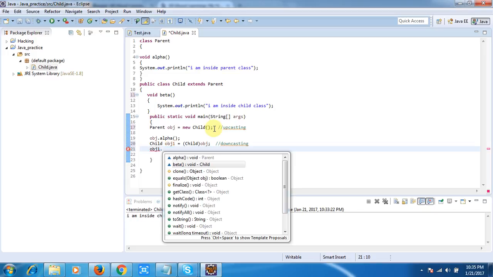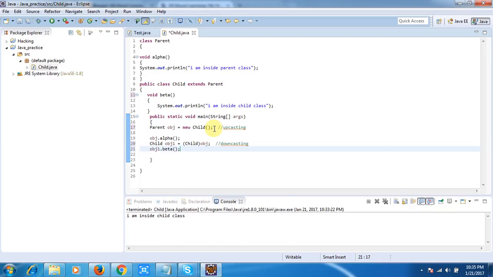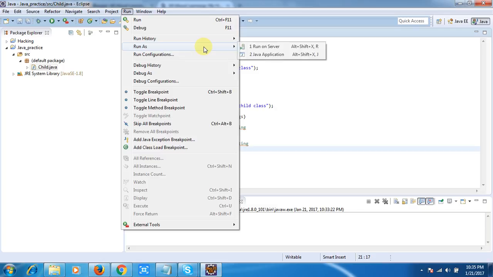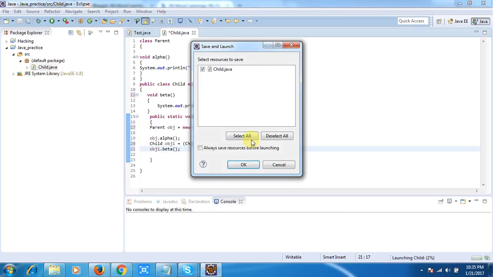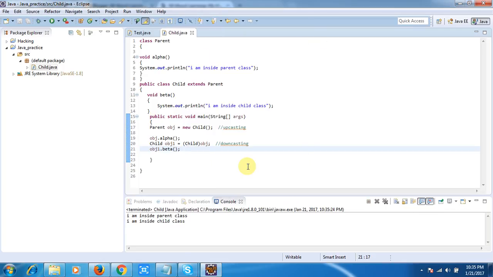Let me run this program and you will see the output. Let me do one more thing. I have to write it after this line. Now let's see the result.